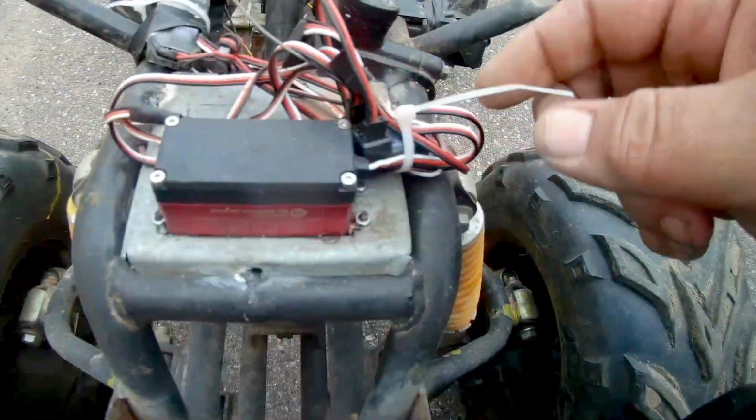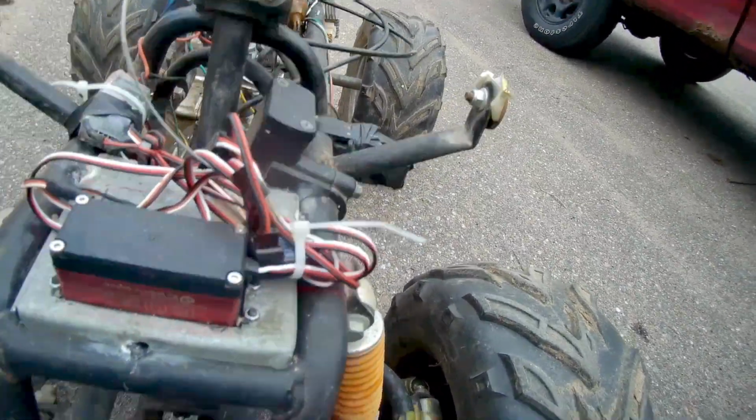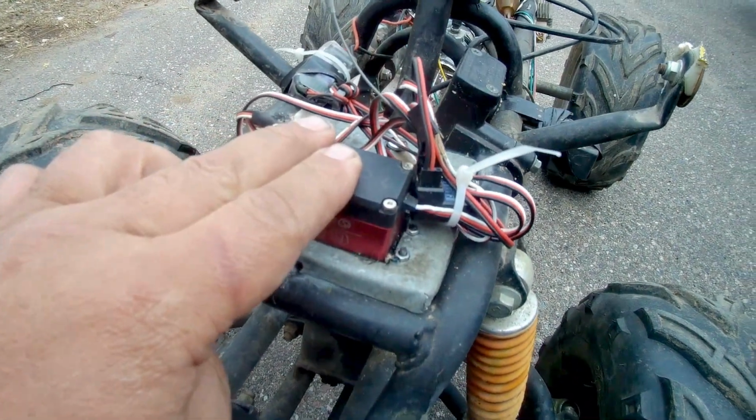My BEC, I got my receiver here. Everything's kind of a mess yet because it's been winter time and I haven't had time to mess with it. But this servo here is actually for